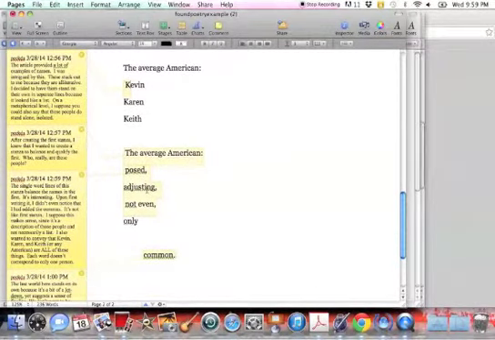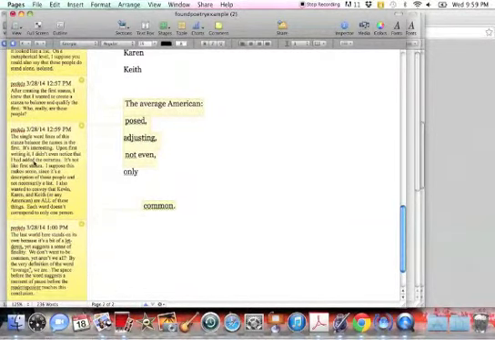I then annotated the next stanza. After creating the first stanza, I knew that I wanted to create a stanza to balance and qualify the first. Who really are these people? Then I talk about the actual construction of the second stanza itself. The single word lines of the stanza balance the names in the first.